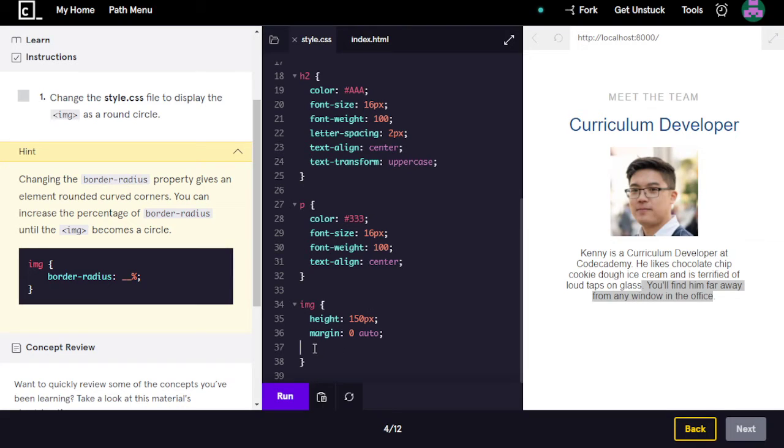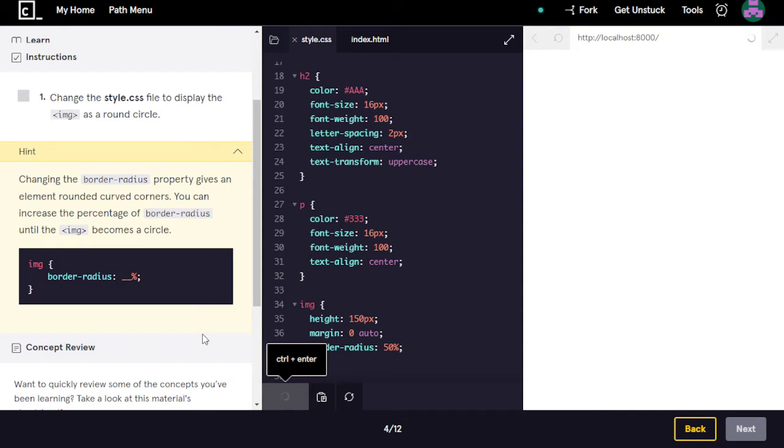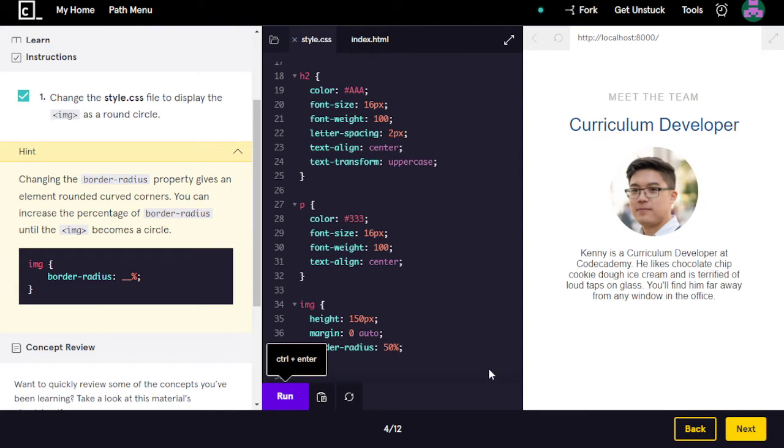For the image tag, oh look, they even allotted an empty line for us, so we don't have to press enter. 50%. Now let's see, watch that square turn into a circle. Yay, we did it! So all we had to do to turn a square into a circle is just add a border-radius property to that HTML element. Next,